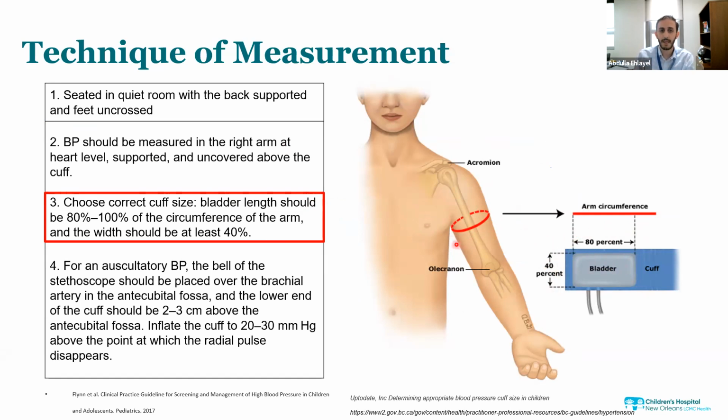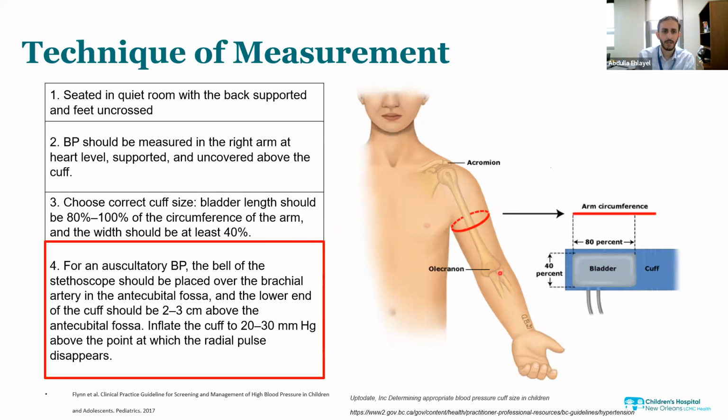So practically we say the cuff should fit comfortably on the arm, should not cross the elbow. It should not pass the elbow, it should be about 2 cm above the elbow, so that if the child bends their arm there is no problem. And the cuff should not pop off when you're inflating. If the cuff is too small, you get an artificially high reading. If the cuff is too big, you get an artificially low blood pressure reading.